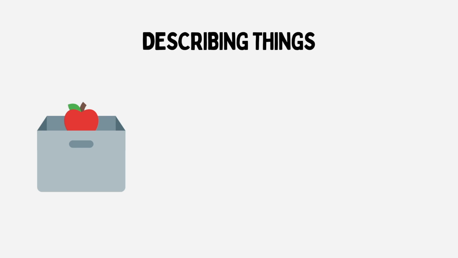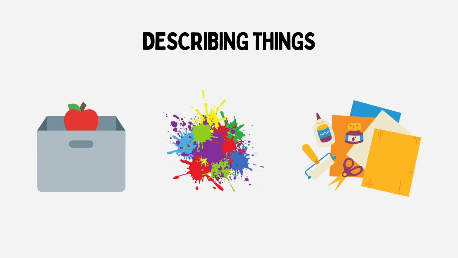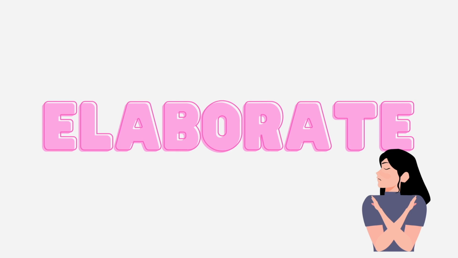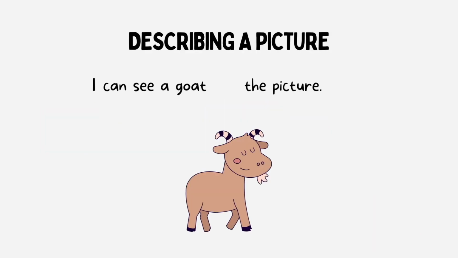If there are items but no people, you can describe the location of the items as well as their color and other characteristics. Next, you want to make sure to elaborate. This will be true for all the tasks and questions. Never answer a question with just one sentence. Always try to add at least 2 to 3 more sentences and elaborate on what you have said. Don't forget that when describing a picture, we say in the picture, not on the picture.